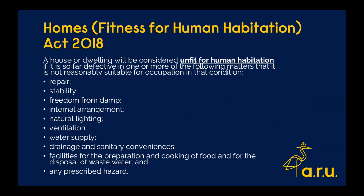So how does this change the world? It brings in the ability of professional consultants to support and take a tenant when they have a rogue landlord situation, should any of the following areas be identified, or any of the prescribed hazards within the 2004 system, a tenant can now commence their own county court action independent of the Environmental Health Officer. The problem: